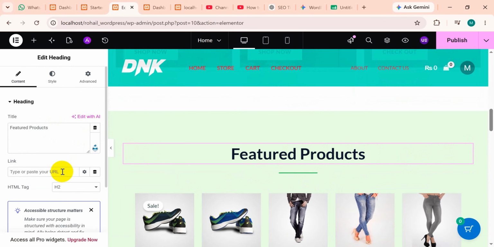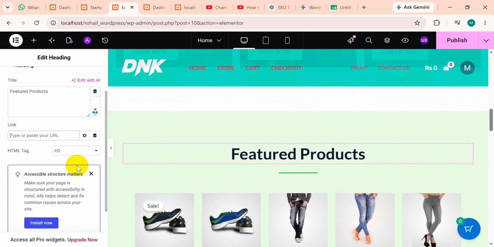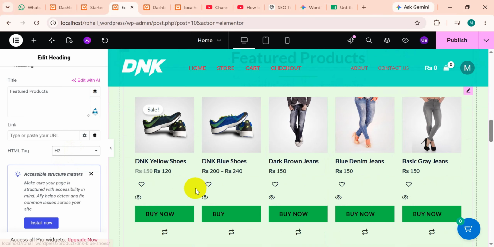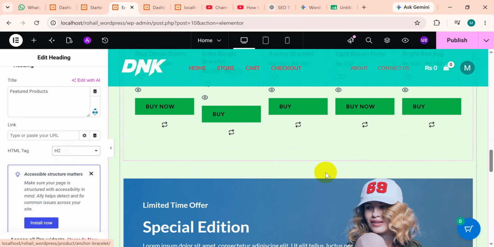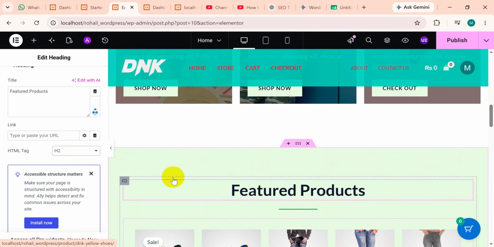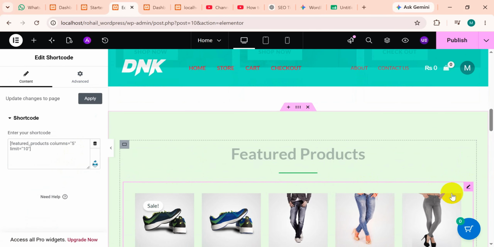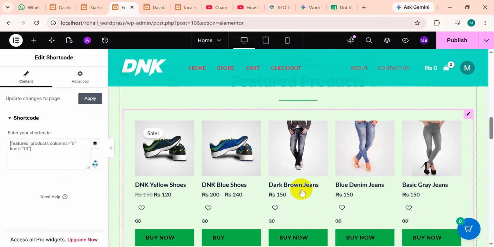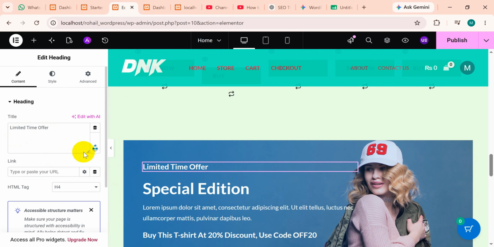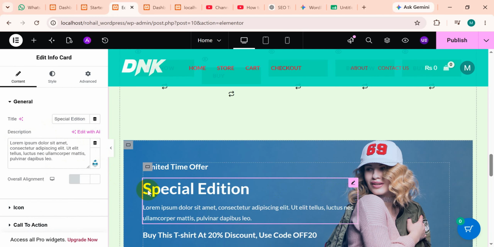So this featured products title, you can link it to anywhere. You can change the tag from h1 to h5. This is the snippet widget for shop. If you click it, you can see the shortcode, the featured products shortcode with limit of 10 and the columns are 5. You can change the number of columns as well. Similarly for this tag, for this element,